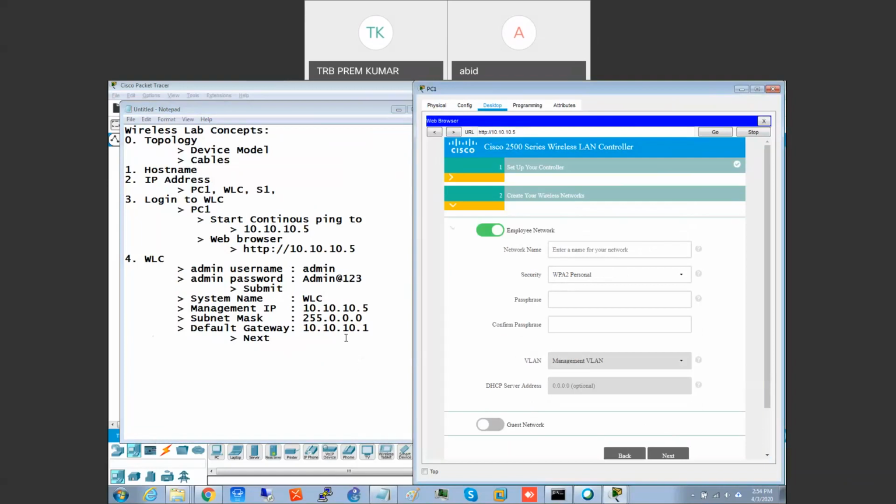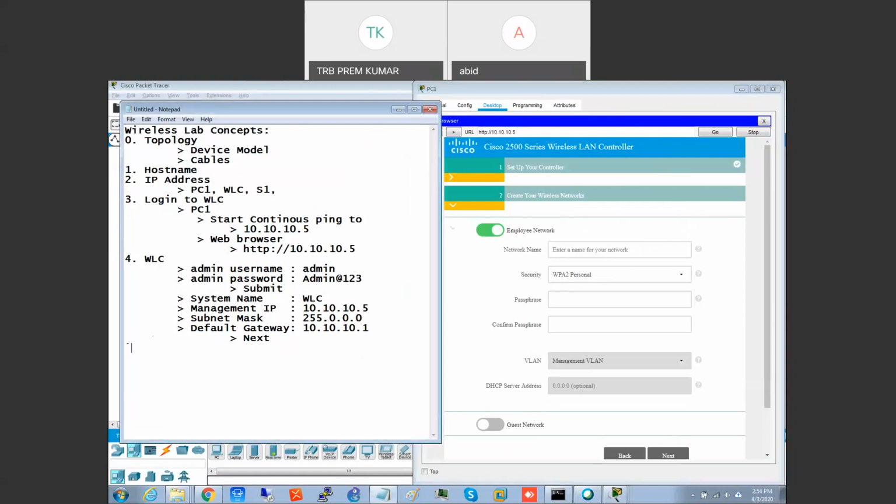So here, what we will do, network name. This is your SSID. When you click the wireless symbol, you will get the SSID. So here we are going to give student.